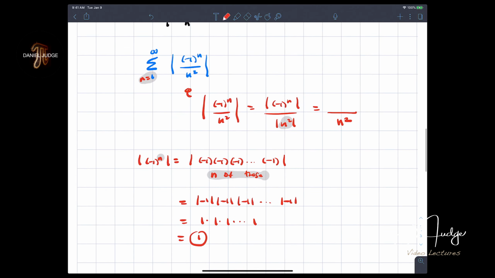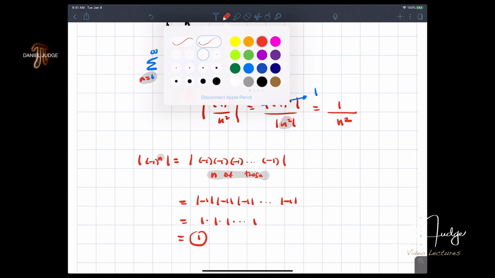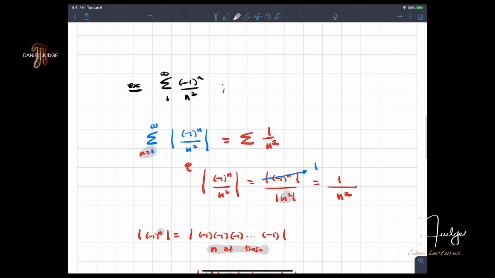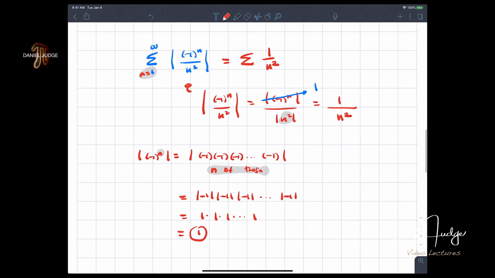So you're going to see today and in your future, this portion, it's good for you to know that this is just 1. It'll save you some time. And so we really have this particular series, which is 1 over n squared. So when I take this absolute value, it is equivalent to the series of 1 over n squared. So we made every term positive. This is an alternating series originally given to us because it has an alternating mechanism, right? This is alternating. We made every term positive, and we noticed when we did that,